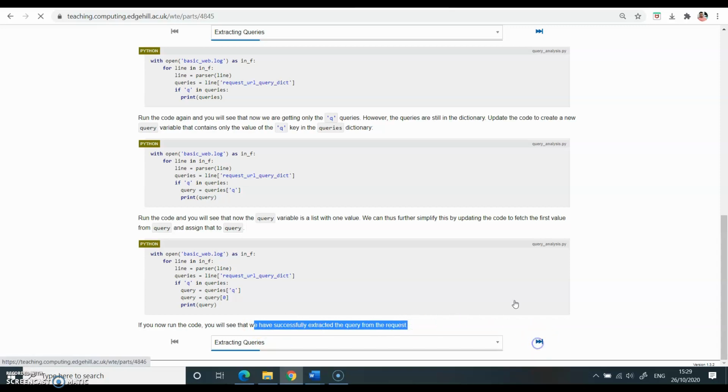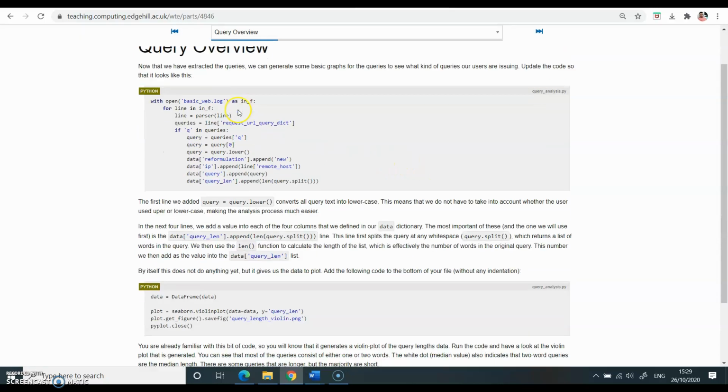Next we will see the query overview. So here you can see again we are running the same line, and then what we are doing here is splitting the query according to the three fields for the analysis purpose. So this is splitting the query. If q, that is query, is in the queries list, then you take queries q starting from 0, then apply this list, use the IP list, use the query list, and use the query_length list, and then append all these things and store them in the list.